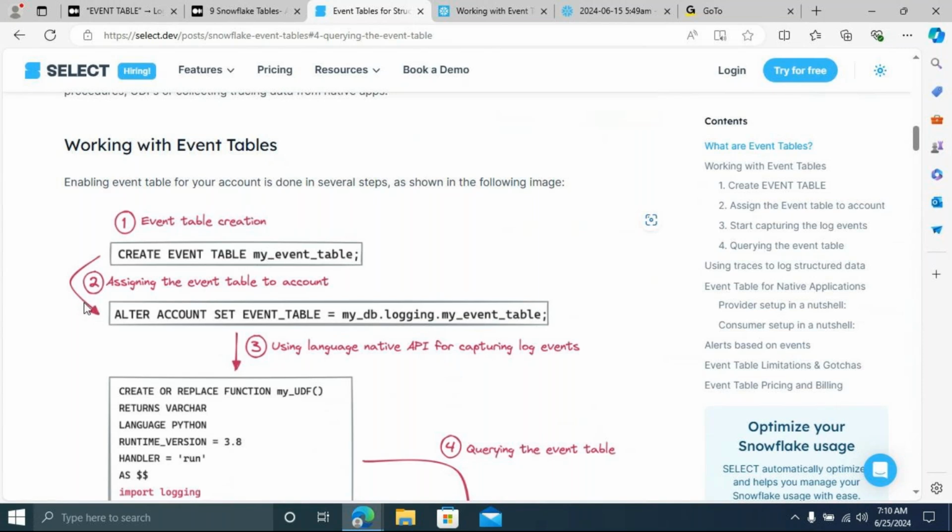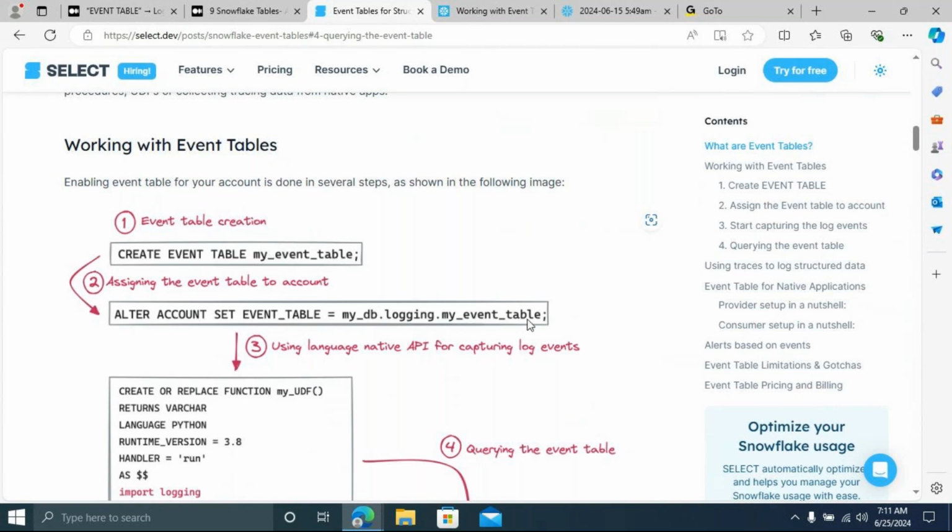The second step is, whenever you're creating an event table, you have to assign it to that particular account. I already said one event table can be assigned to only one account. How to assign? ALTER ACCOUNT SET EVENT_TABLE equal to database name, schema name dot the event table you have created.